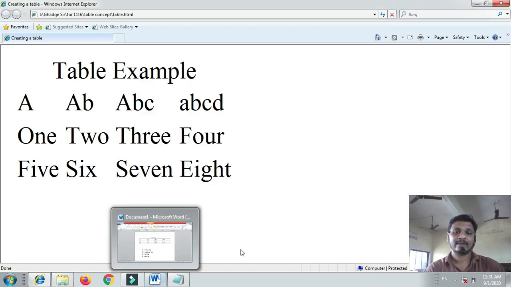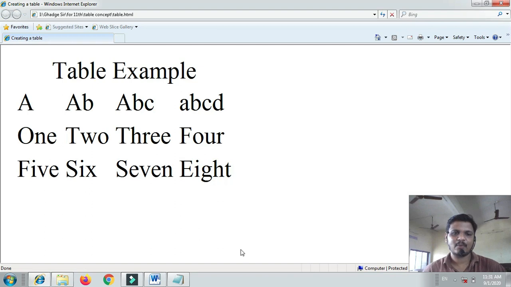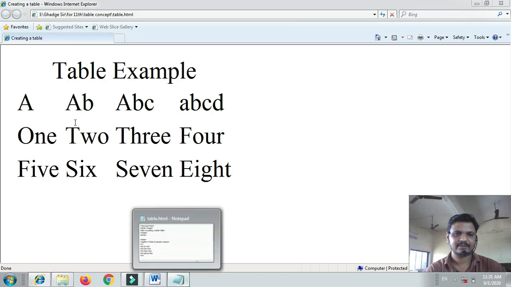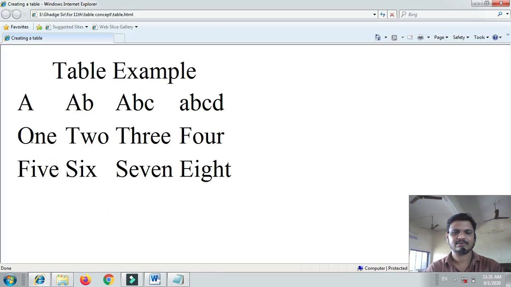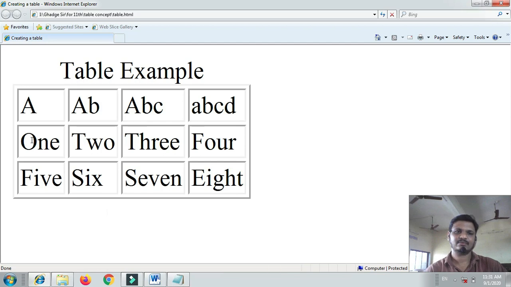We have to put a proper border, then it will show exactly. Let me add an attribute inside the table tag, border is equal to 1. If I save this and execute, then see what happened. A, AB, ABC, ABCD, 1 2 3 4 5 6 7 and 8.